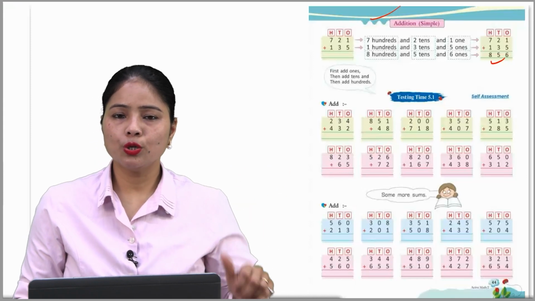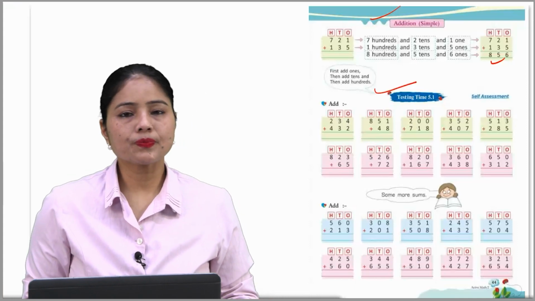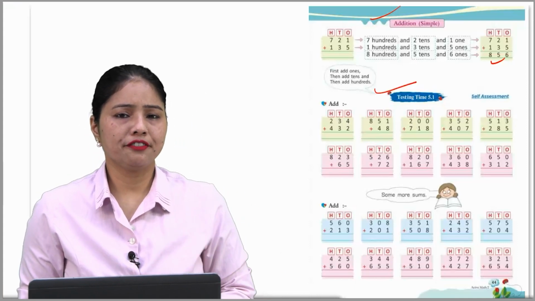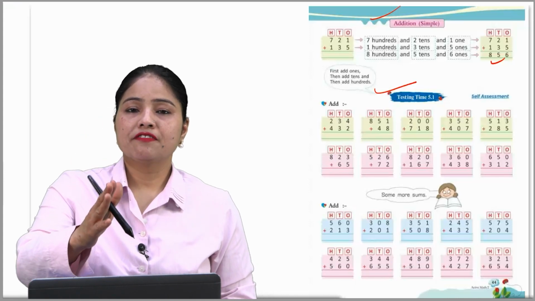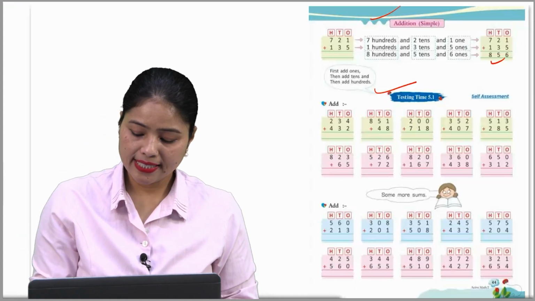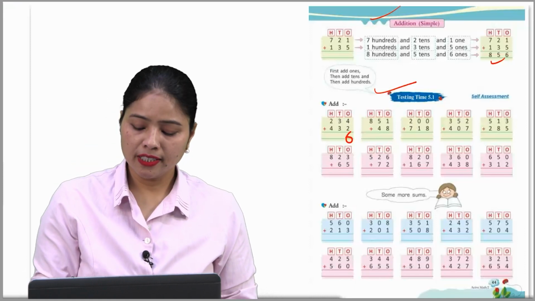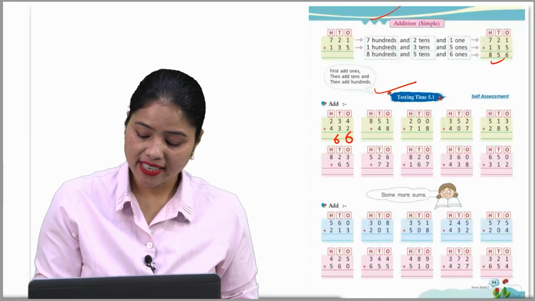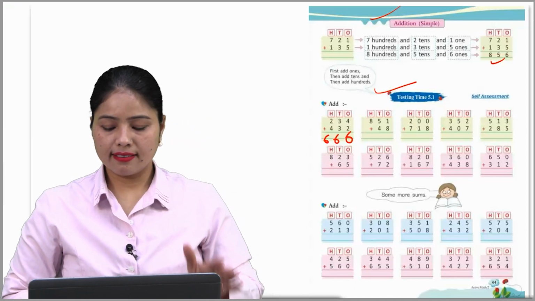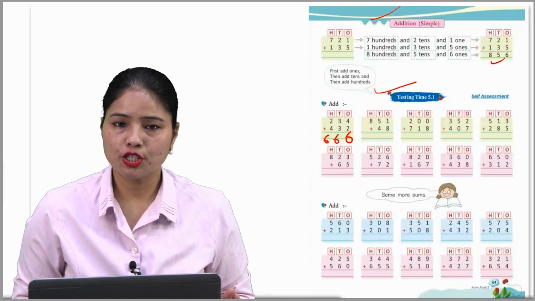I hope you understood. So now move on, texting time 5.1. Here it is given 234 plus 432. So at the ones place first. 4 plus 2? Yes, 6. 3 and 3, 3 plus 3 is 6. And 2 plus 4 is 6. So 666 is the answer. So these are very easy. Just fill it in on your own beta.